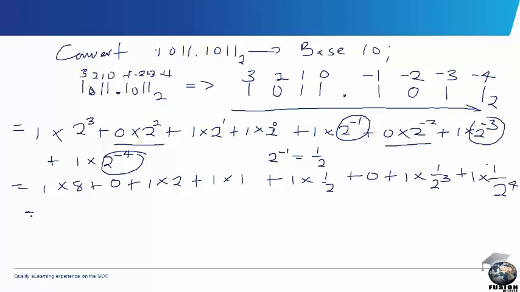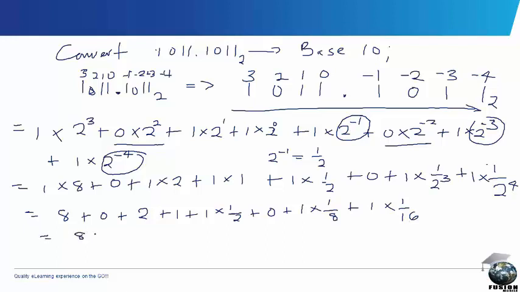Okay, the next line follows like this. 1 times 8 is 8. I bring down my 0 plus 2 times 1 is 2 plus 1 times 1 is 1 plus, and then I get to the parts that have an indices. 1 times half is half. Okay, let me just still keep the 0 plus 1 times 2 raised to the power 3 is as good as saying 1 times 2 raised to the power 3 is 8, and then plus 1 times 1 over 2 raised to the power 4, 1 over 2 raised to the power 4 is 16. Alright,